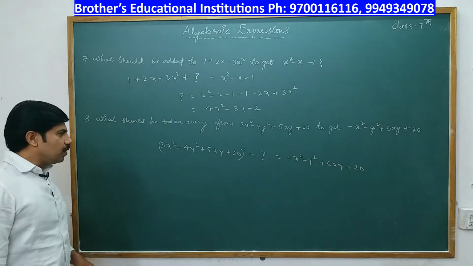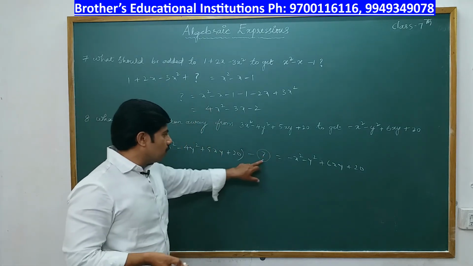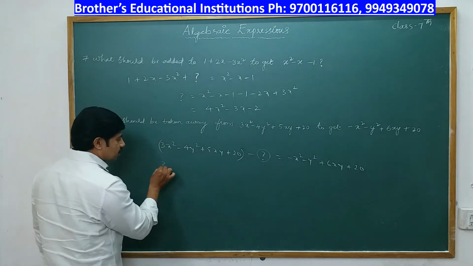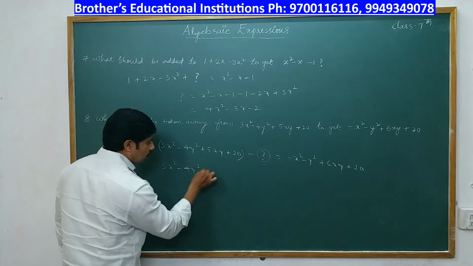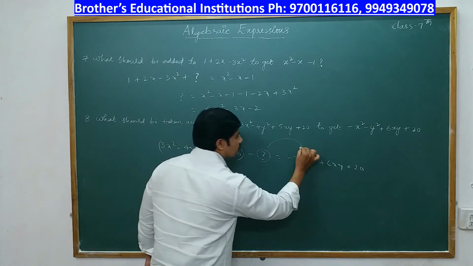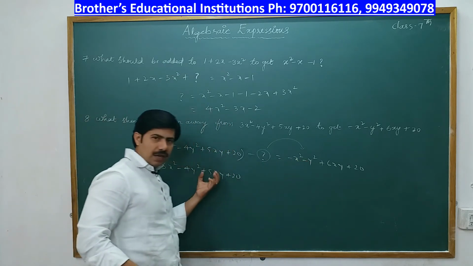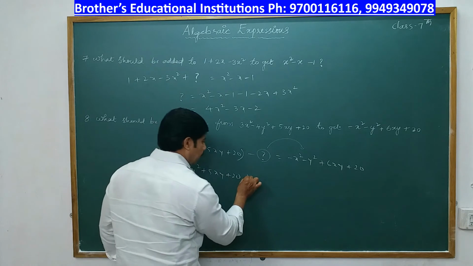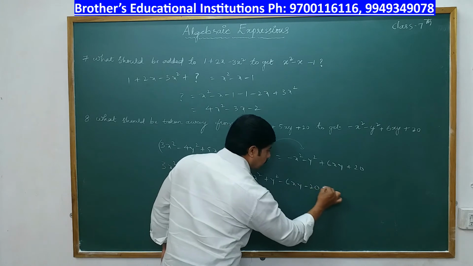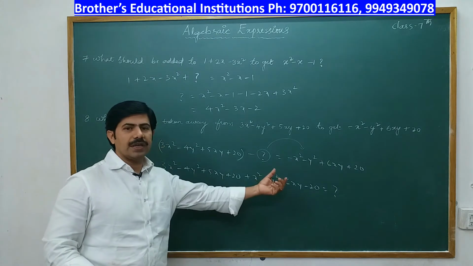Okay. So now we need to find the question mark, that is the unknown expression. But remember, this unknown expression has a negative sign. So first I write this expression as it is. As the unknown one is negative, we transpose this question mark to the other side, it will become plus, and this whole expression we transpose to the left side. So this will become plus x square plus y square minus 6xy minus 20 is equal to the unknown. So the unknown is positive. Now if you simplify this, we get the unknown expression.